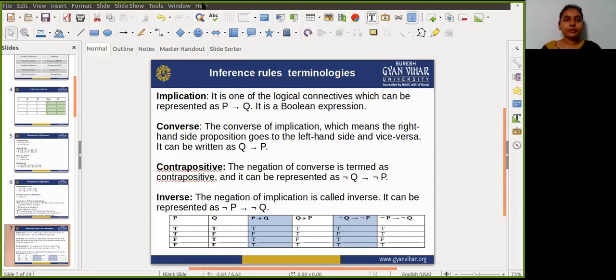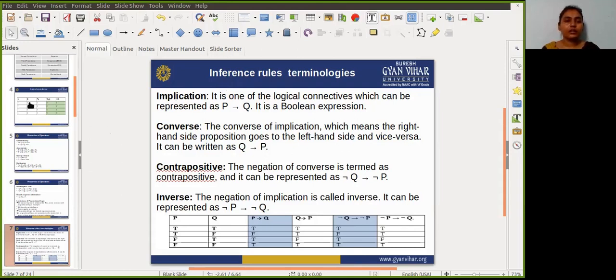So guys, a rule of inference, or you can say an inference rule or transformation rule, in logical form, consists of a function which takes premises, analyzes their syntax, and returns the conclusion. There are so many rules of inference.